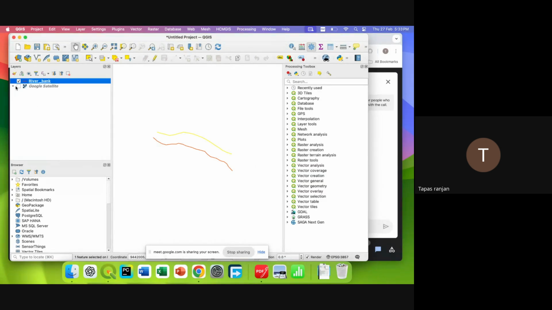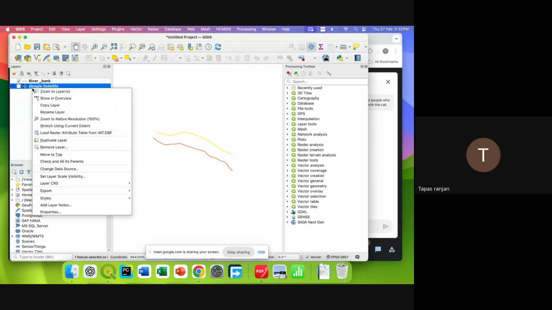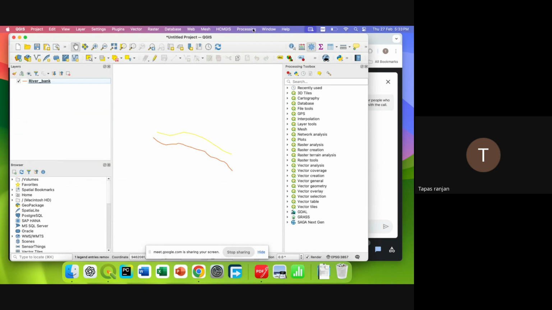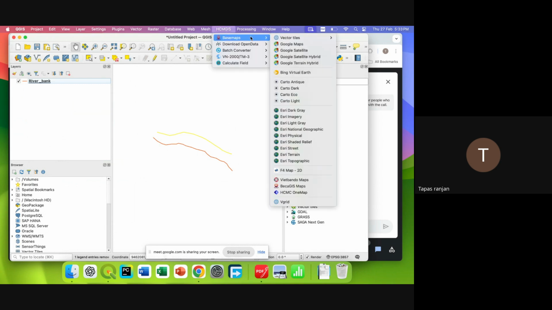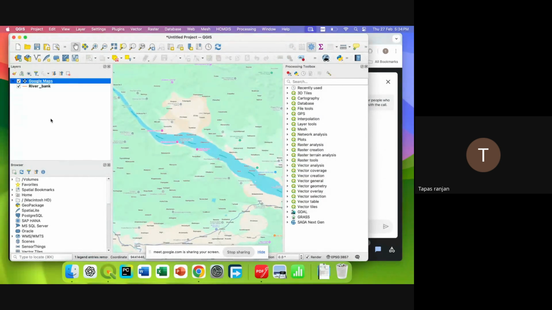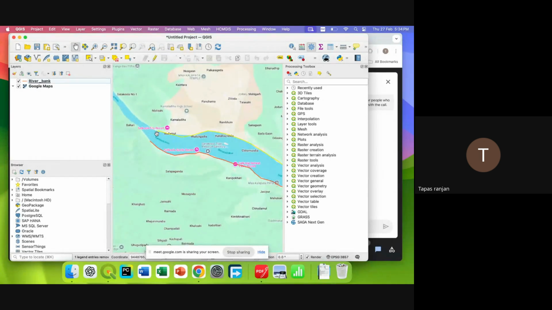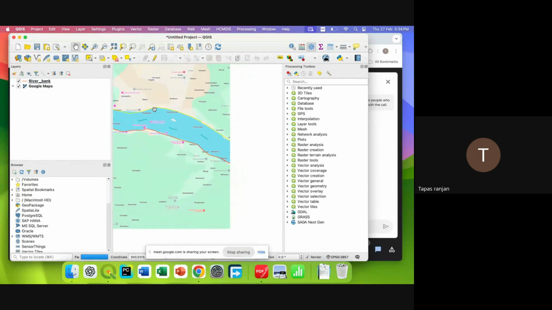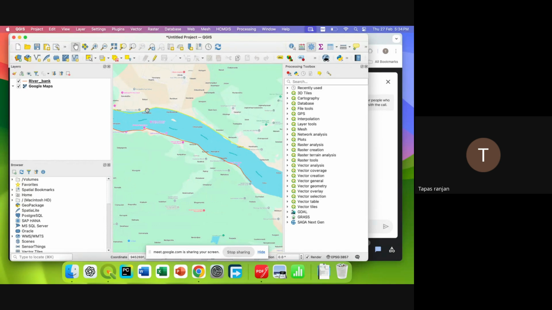And because this is geo-referenced, even if I remove this layer and add another base map from, let's suppose, the OpenStreetMaps or Google Maps. So within Google Maps also, you can clearly see, just let me, okay. So from the Google Map itself, you can clearly see that it is actually in its